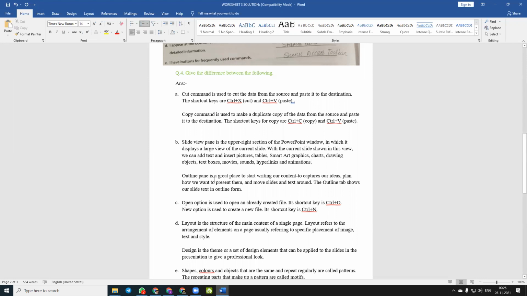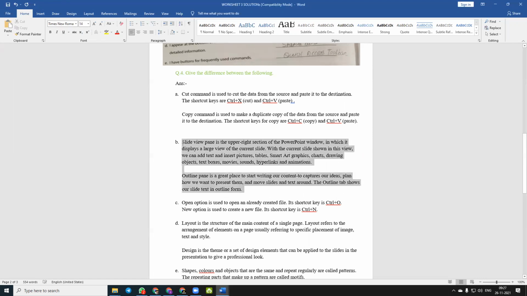Whereas outline pen is a great place to start writing our content, to capture our ideas, plan how we want to present them, and move slides and text around. The outline tab shows our slide text in outline form.